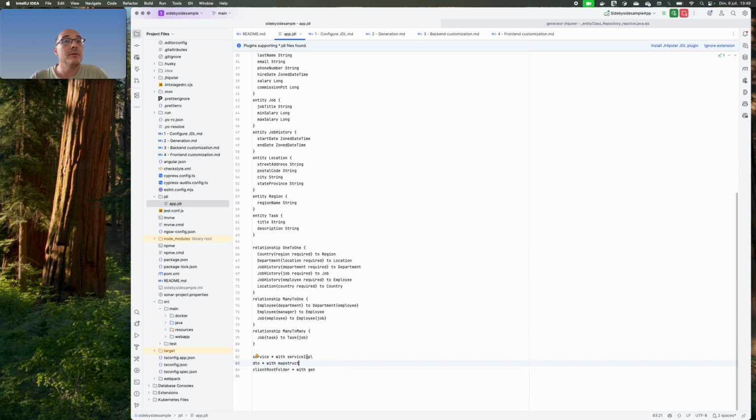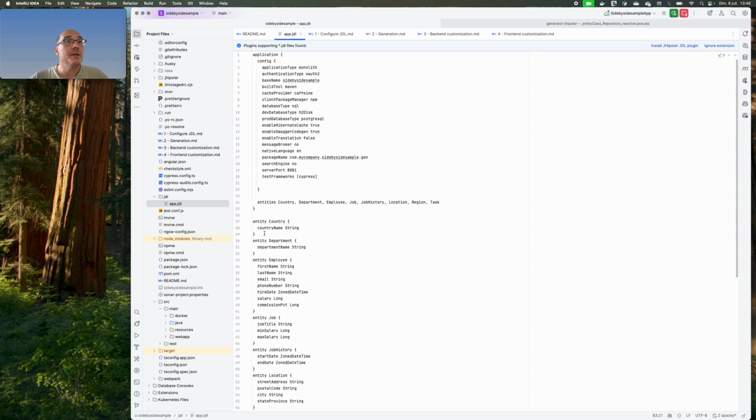One thing that I also advise is to use the service impl option so that we will be able to extend the generated code way more easily than with the default, which is a service class, if I remember well. Also, I definitely enjoy the DTO approach. Why? Because it avoids lazy loading exceptions and this kind of stuff when not set.